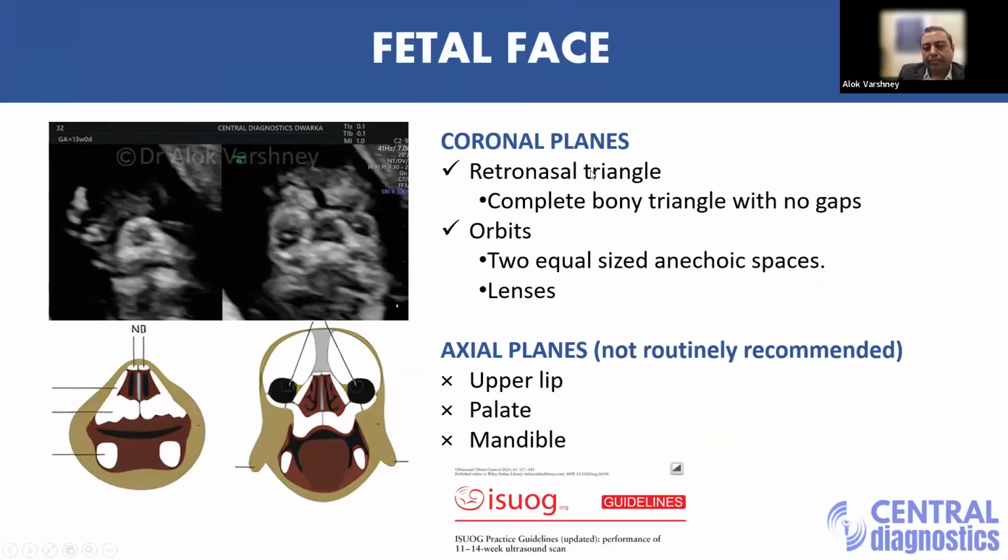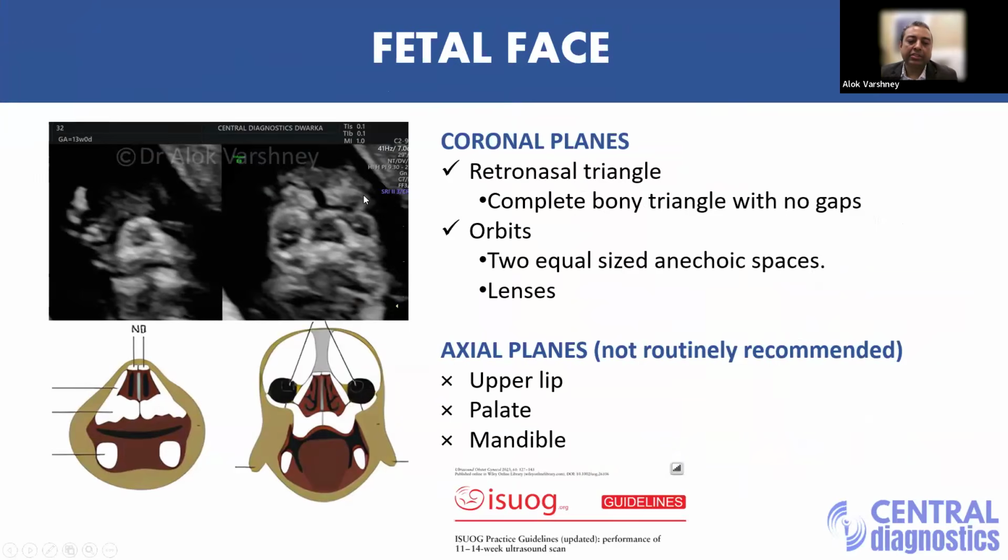Now, face, we can attempt to assess the fetal face by doing these coronal planes. So one is the retronasal triangle. So that's the coronal section of the anterior part of the face. It is a complete bony triangle with no gaps. And we can also